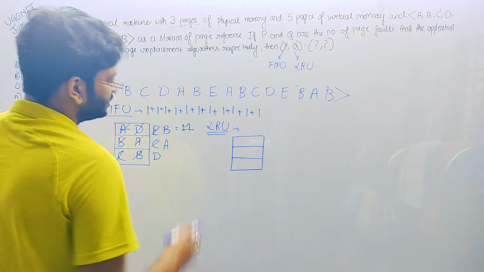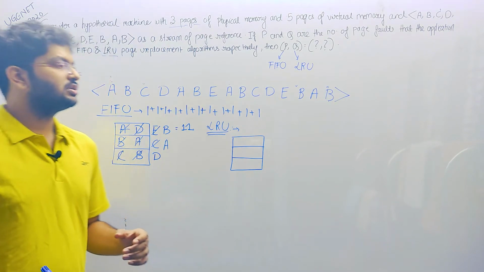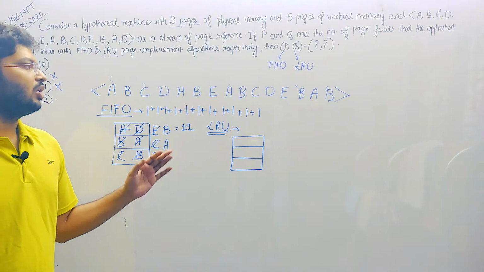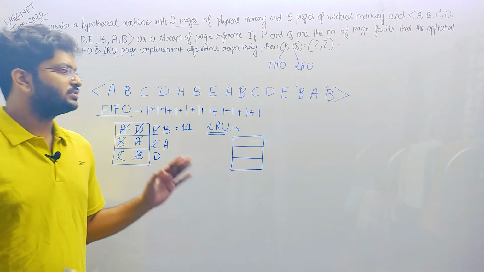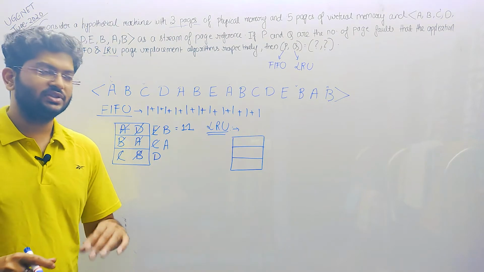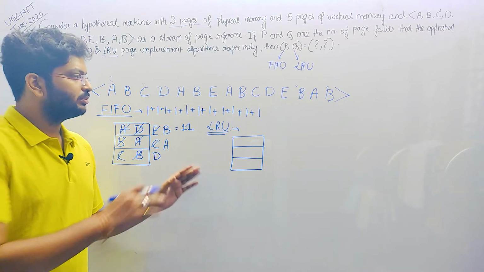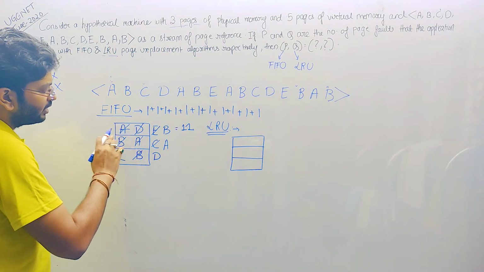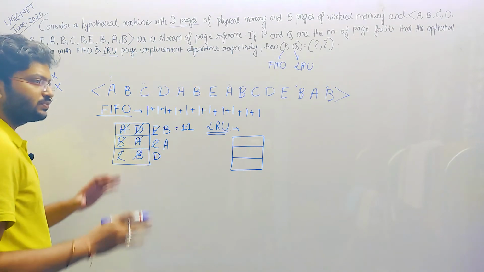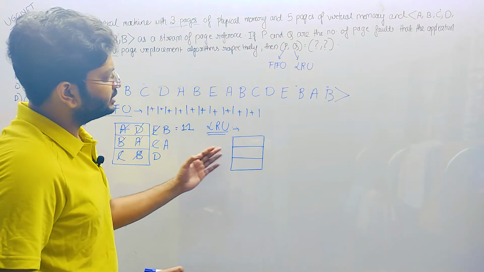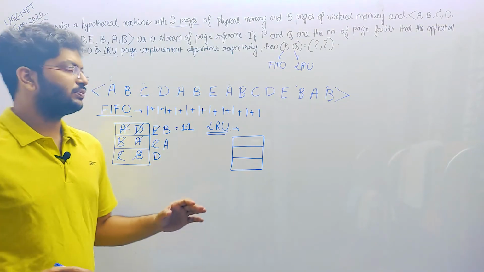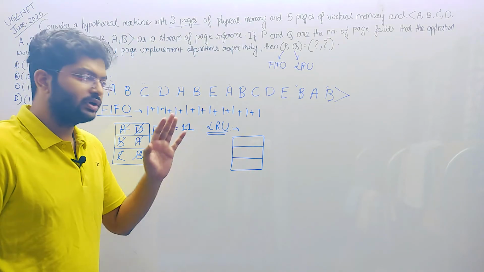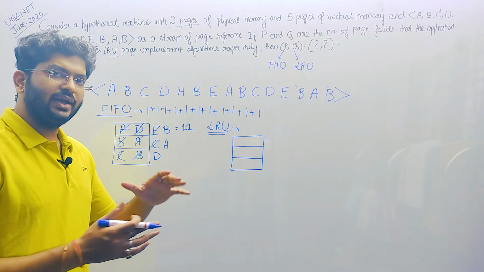Now what is least recently used? Least recently used means the page reference which is used least or which has been used recently. The page reference which has been used recently, we have to keep it before discarding. In this case we deleted the page reference which was first at its place, but in case of least recently used, we will be deleting that page reference which was used a long back, which was not used recently.